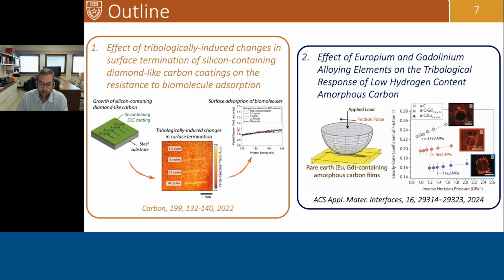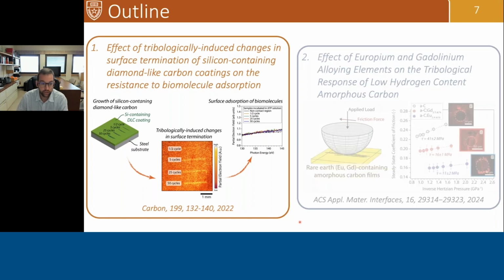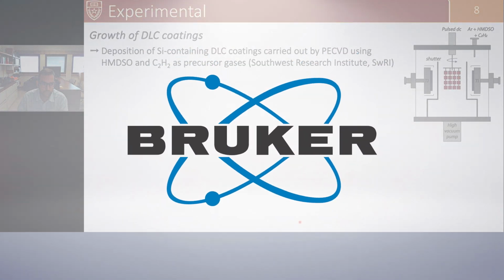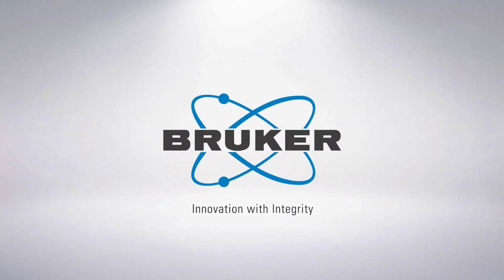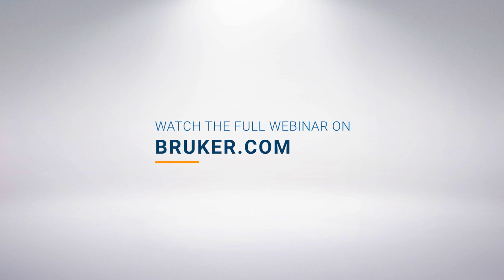And in the second part of my talk, I will try to address the limitation of low hydrogen content amorphous carbon, which you have seen to still have a very high coefficient of friction in high relative humidity, by doping amorphous carbon with two rare earth elements, europium and gadolinium. And this work was recently published in Carbon and ACS Applied Materials & Interfaces. So let me start with the first part. In this case, we collaborated with Southwest Research Institute in San Antonio